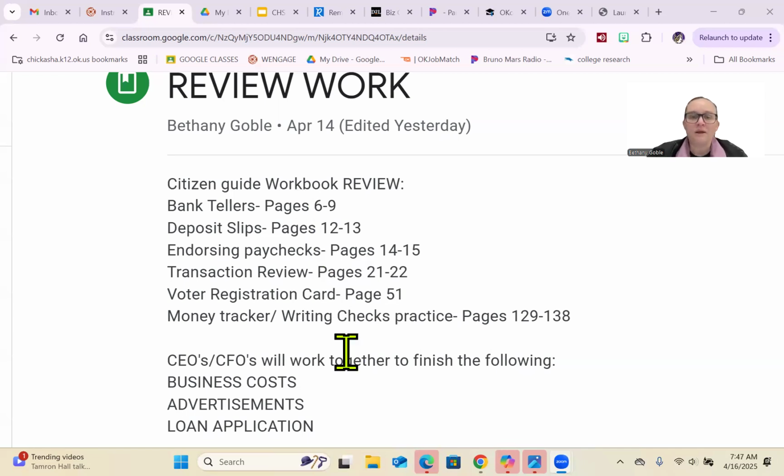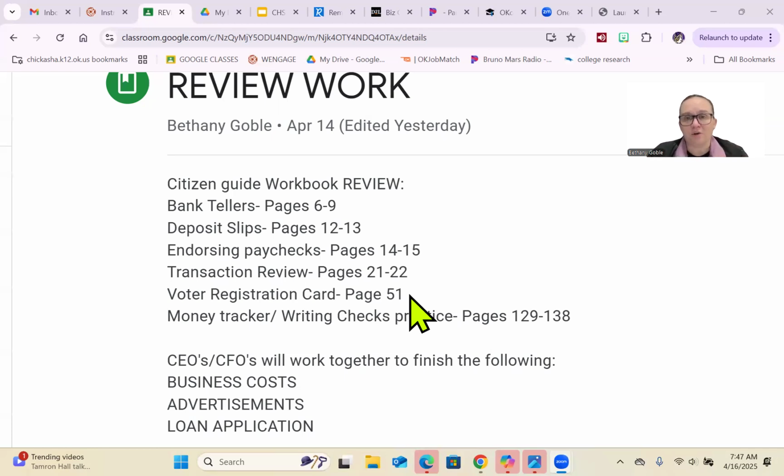But before everyone separates, I want everyone to turn to page 51 in their book. You should have already filled this out. This is one of our first lessons. You filled out your voter registration card. Okay, so everyone fill that out. If it's not filled out, go ahead and get it done. Once you have that done, I need you to tear that page out and put them on a pile